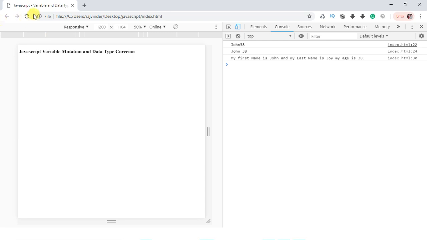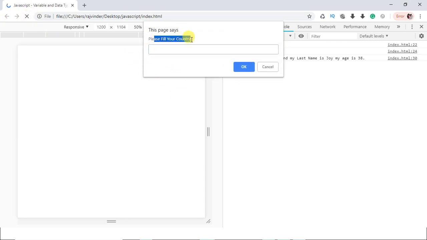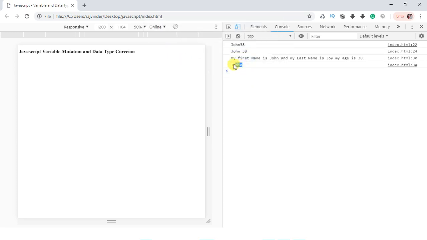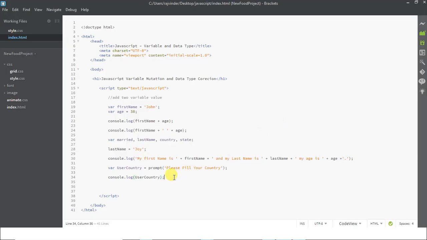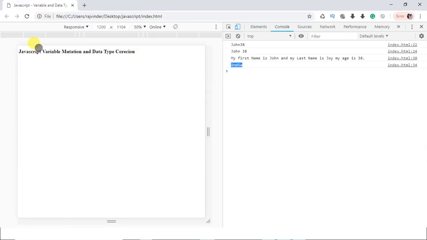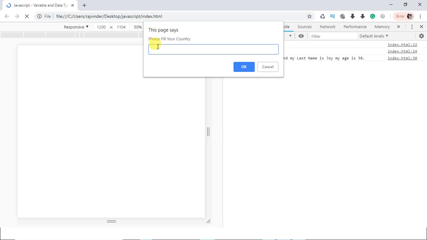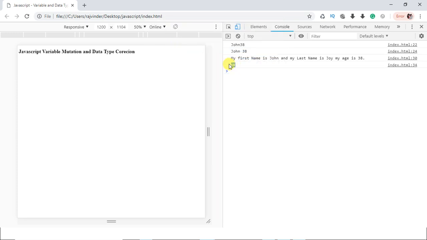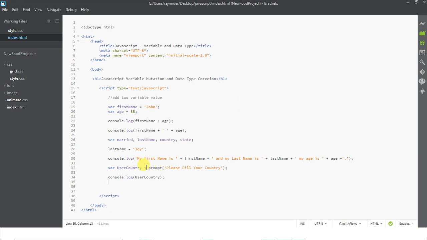Like to see in our Chrome browser, see, please fill your country. I put India and see the console result. So you have to store the value by the prompt in a variable. You have to learn this code. By this line the pop-up comes in a window when I refresh the Chrome browser. The please fill your country, and I put UK. And see the UK comes in console. So by prompt you store the value